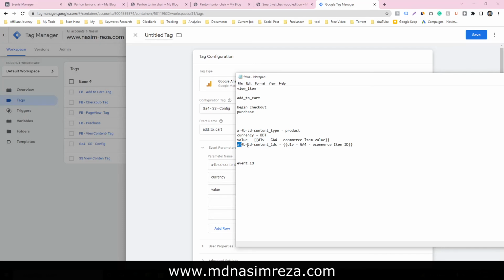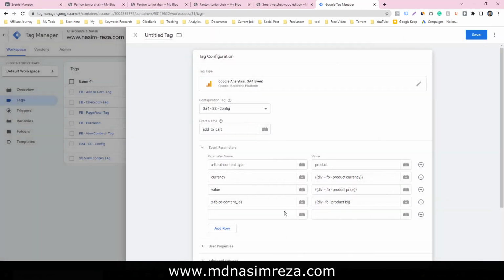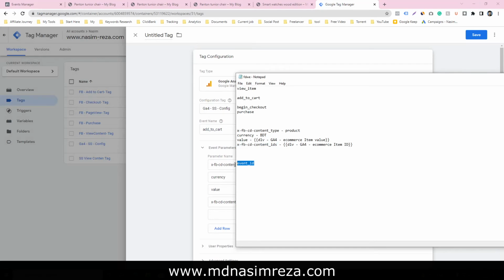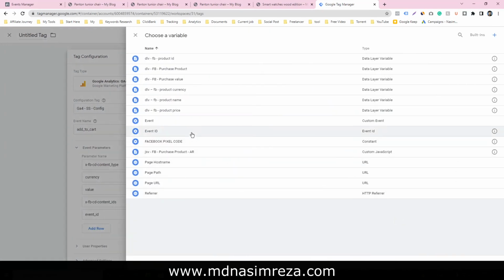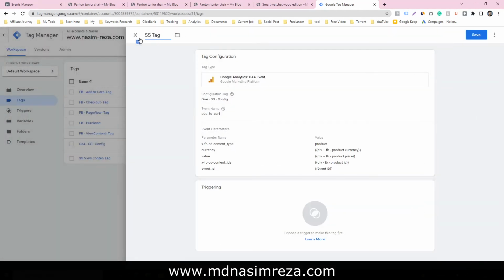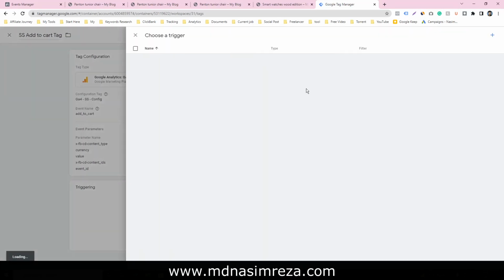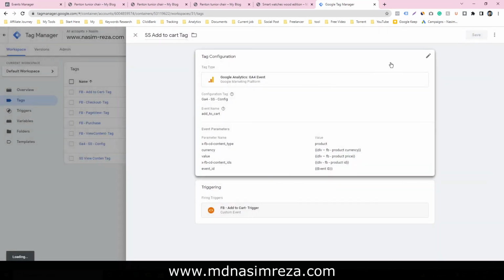And this is for product ID, and select the product ID. And the last one is for event ID: copy the event name, select the event ID, and name it SS add to cart and save it. Then the trigger will be add to cart, and save it.